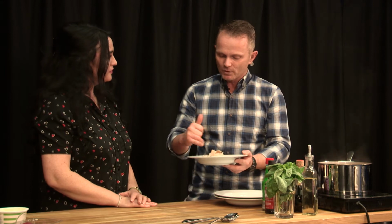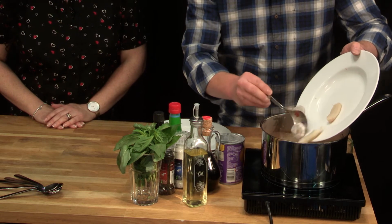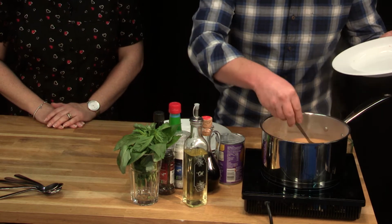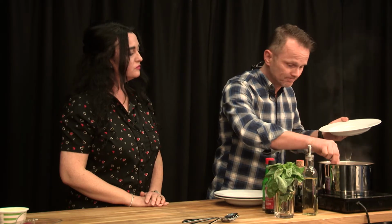size. And we've got a nice little bit of white fish. Lovely. This is North Atlantic pollock. So sustainable. Sustainable. And from Swansea Market, the fishmongers? Yes, fantastic, it is. But if you wanted to use a little bit of cod, then you could do. And that's basically it. It goes into our pot there, and that's going to take, depending upon the